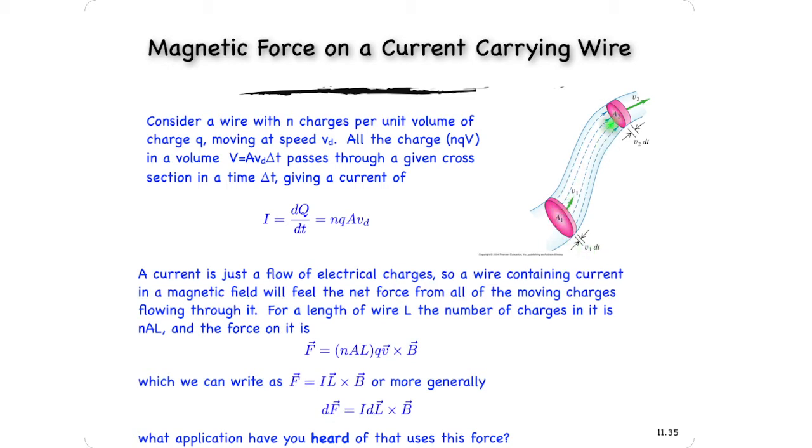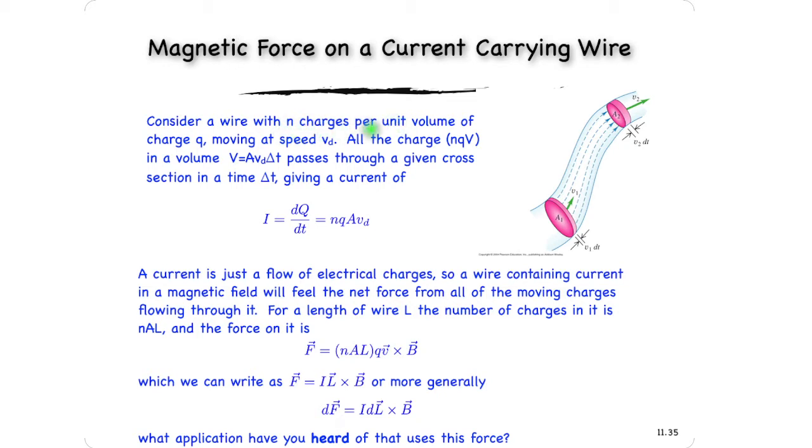As the wire gets narrower, the charges have to speed up to get the same number of charges through any given cross-section. So if the cross-sectional area is narrower here, the velocity has to speed up, and the distance that the charges travel in some time dt is v2 times dt, shown here graphically on the diagram. Okay, well, what we can say is that if there's n charges per unit volume,